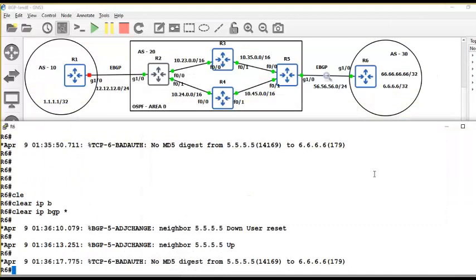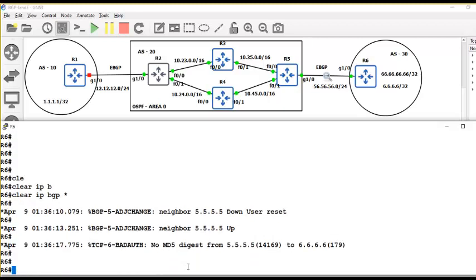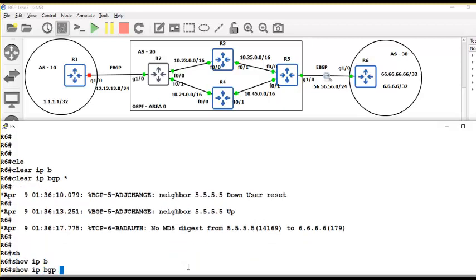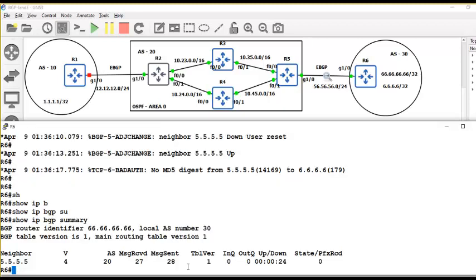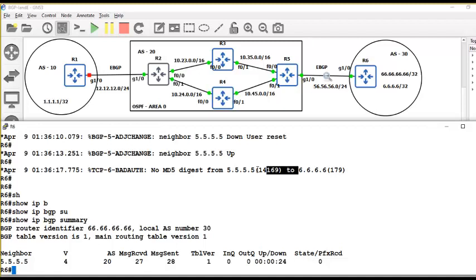But still it shows no message digest. This is funny actually. In some operating systems you need to restart the router to stop this. Not all operating systems, it's already up. If this keeps on coming, you restart the router, only then it will stop. That is an IOS issue, right? So you can see even the neighbor is